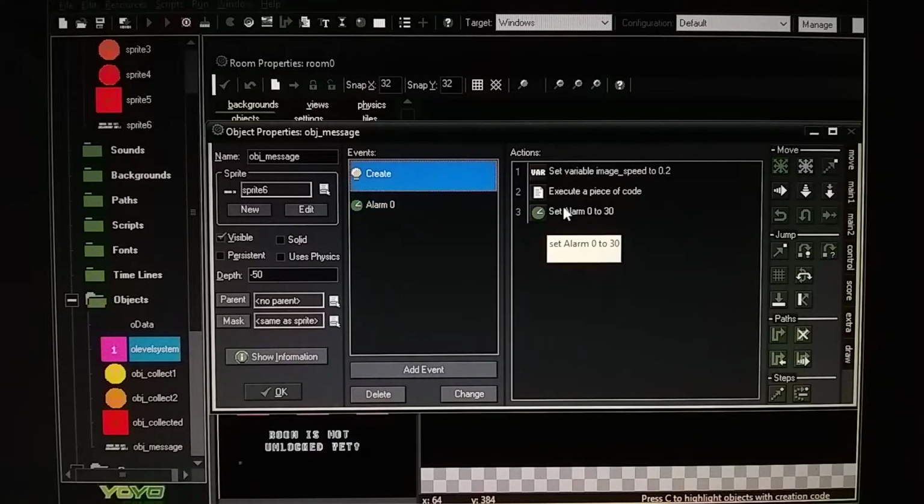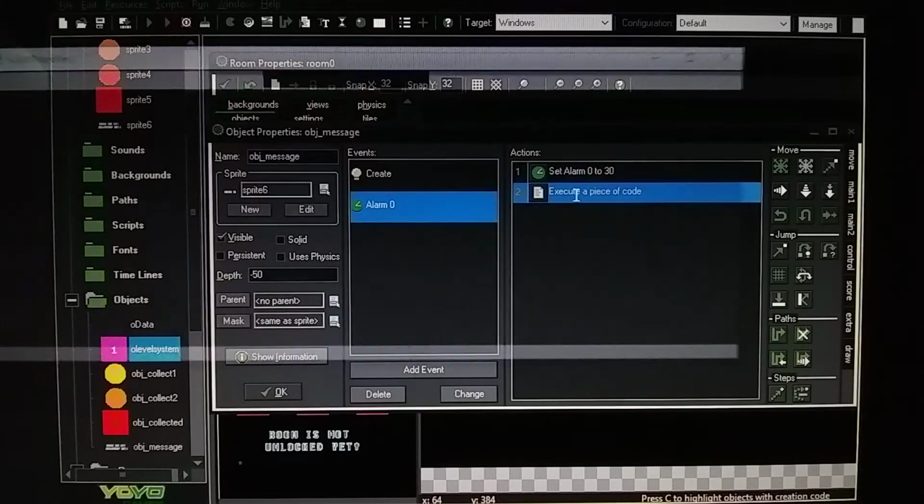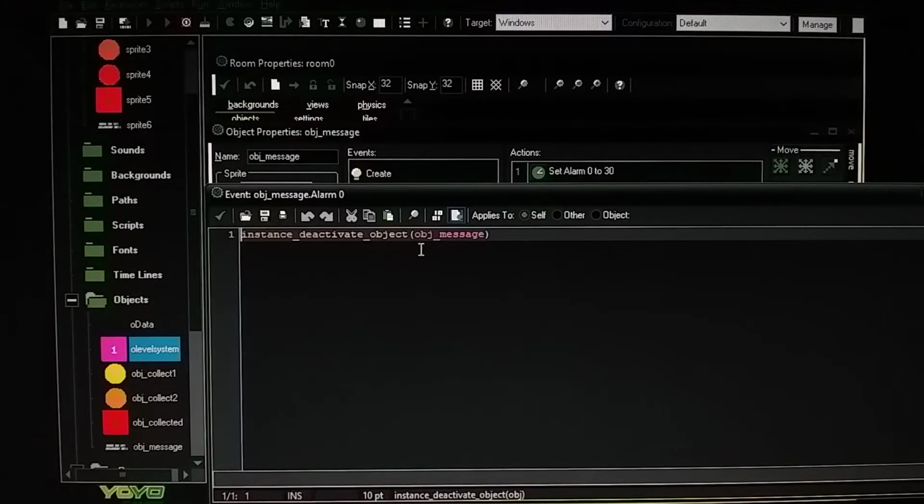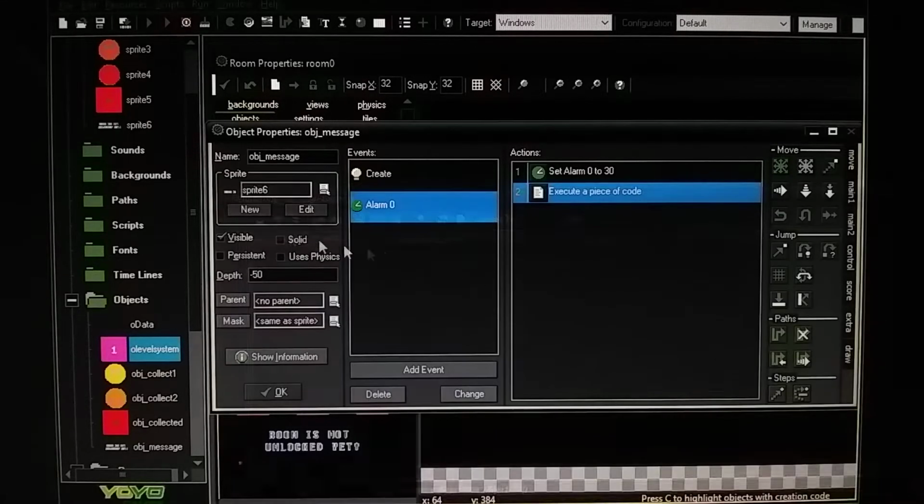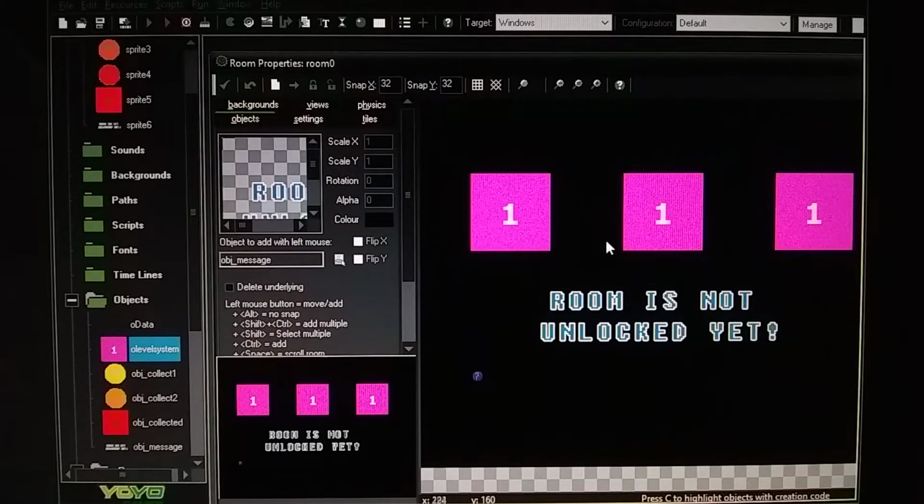And then I have an alarm setting here. After 30 seconds, it's going to be deactivated. So it's going to blink for 30 seconds, and then it's going to be deactivated again. So when you click on room 2 and 3, it's going to reveal the message, and then it's going to be deactivated again. But anyways,